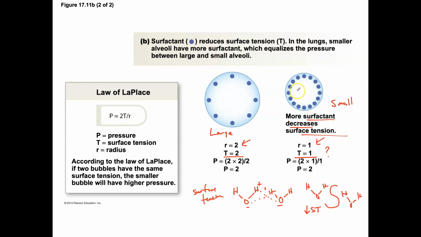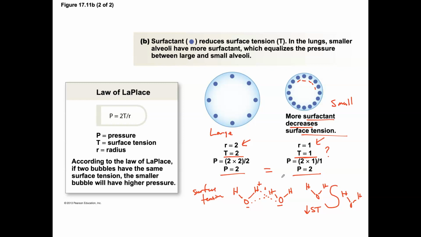So as the alveolus gets smaller and as the water molecules get closer together, the surfactant that's in the space is able to keep those water molecules away from each other, thus reducing the overall surface tension. And so now if we look at the law of Laplace and run the calculation, we see that the pressure in the large alveolus is the same as the pressure in the smaller alveolus. But that is only going to happen if you're creating surfactant and it's reducing the overall surface tension. So another property of our respiratory system, a property of our lungs, is to produce surfactant for normal function to